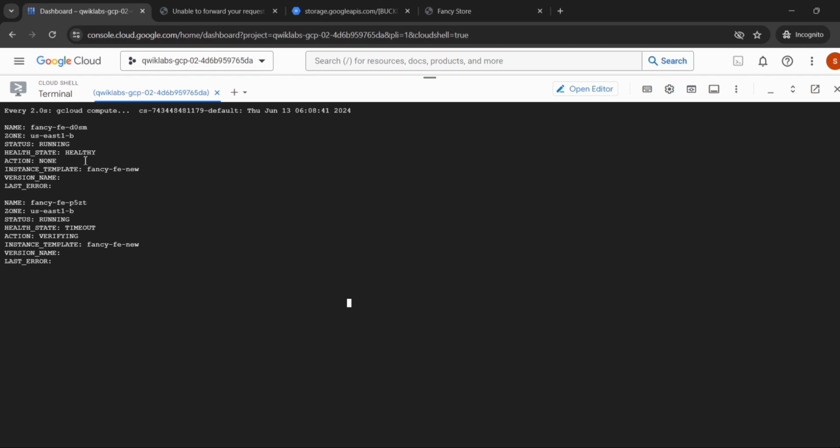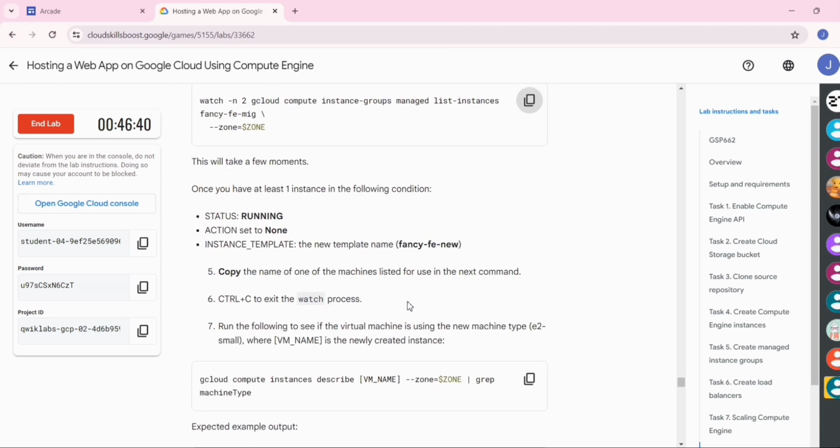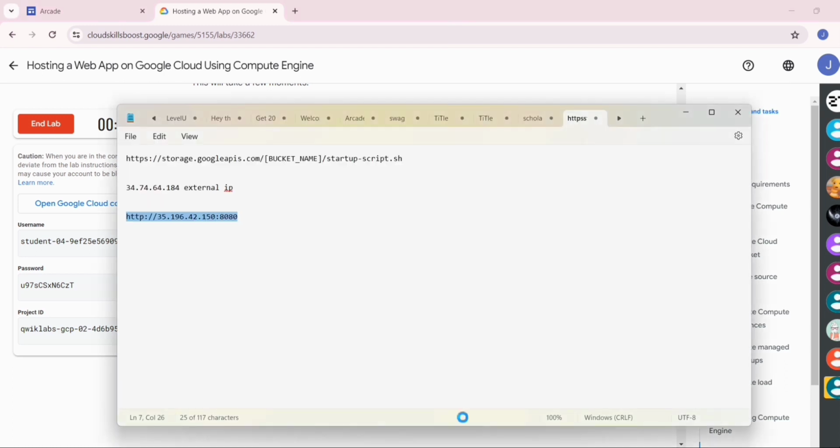Now we have to copy the name of one of the machines listed for use in the next command, so we will copy the first one. Now go back to the lab. Now open a notepad, clear it out, paste your name here.